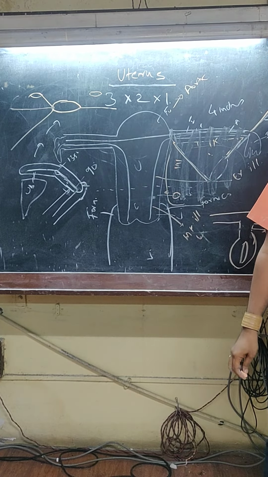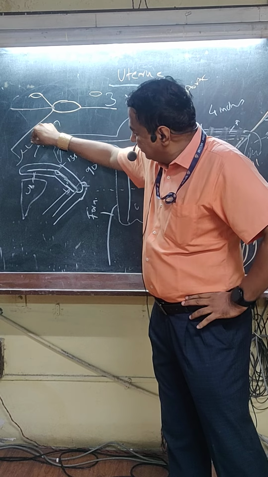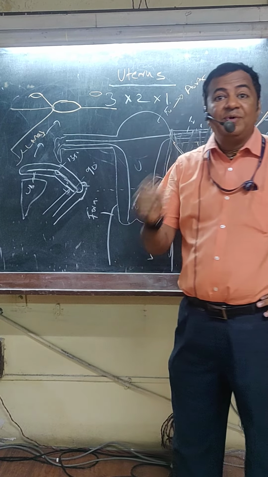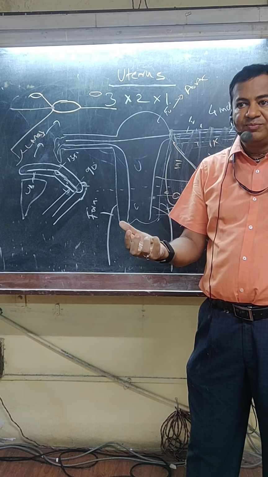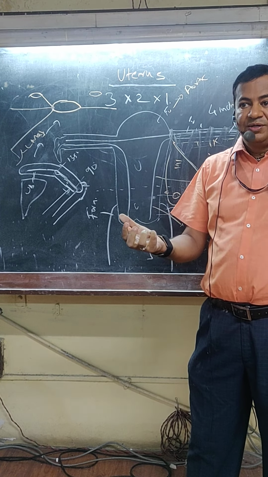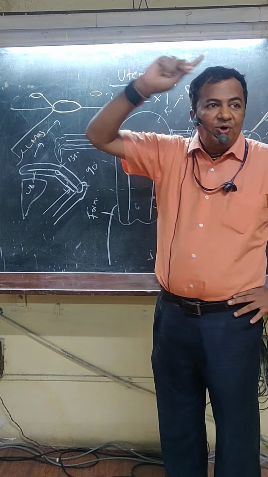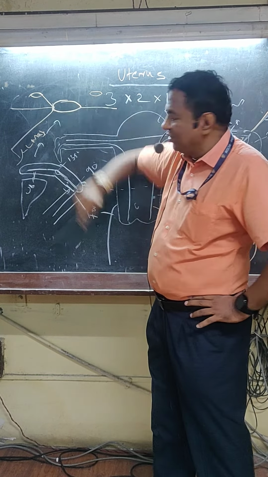So where does round ligament of uterus go and get attached? It gets attached to labia majora. This is scrotum. Where does gubernaculum get attached? Scrotum. Gubernaculum in females forms round ligament of uterus and ligament of ovary. But because it gets broken over here, ovaries don't go to the labia majora like the testes go to the scrotum. Why? Because gubernaculum gets attached to the uterus over here. Without this attachment, ovaries also would have gone.